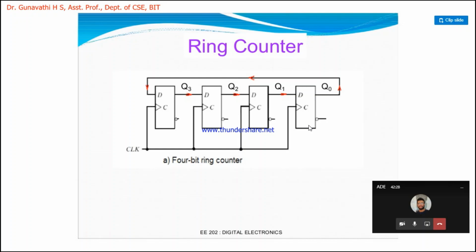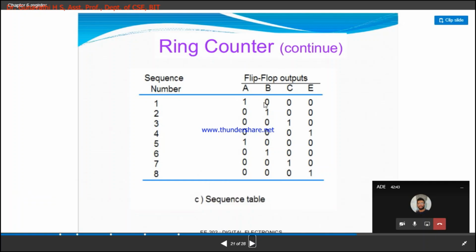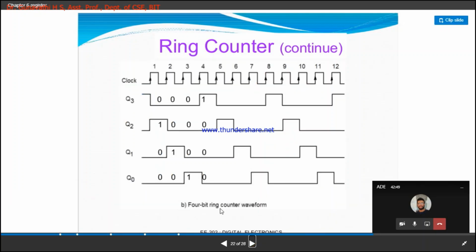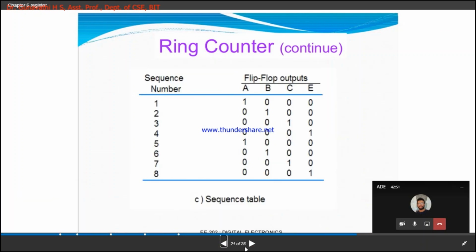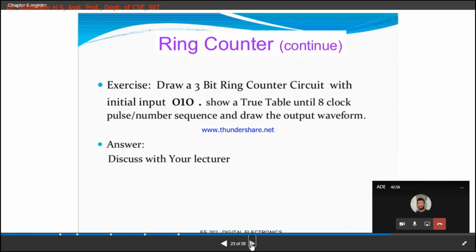And suppose if you get a ring counter question, then you need to write what a ring counter is. The output of the last stage is fed as an input to the first flip-flop. If it is a 4-bit ring counter, what is its truth table? The sequence repeats after 4 clock pulses, and you can write the same sequence, whatever sequence you've taken, write the waveform for it and write the explanation part.